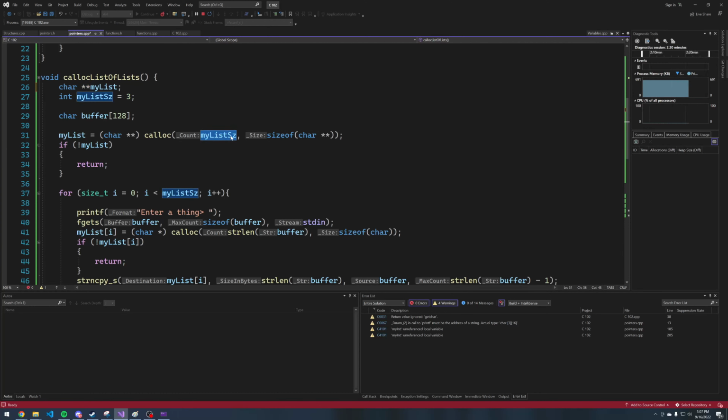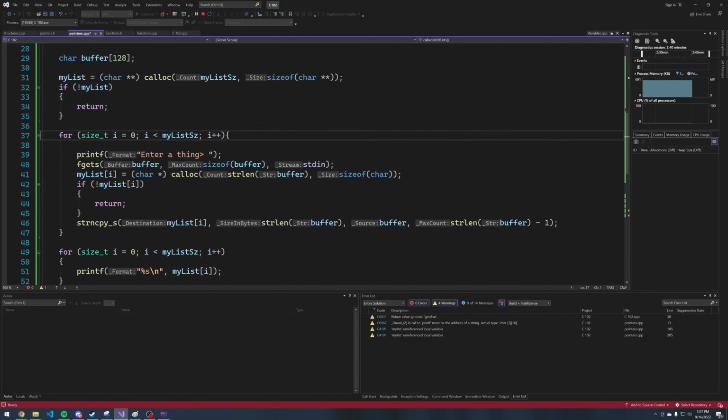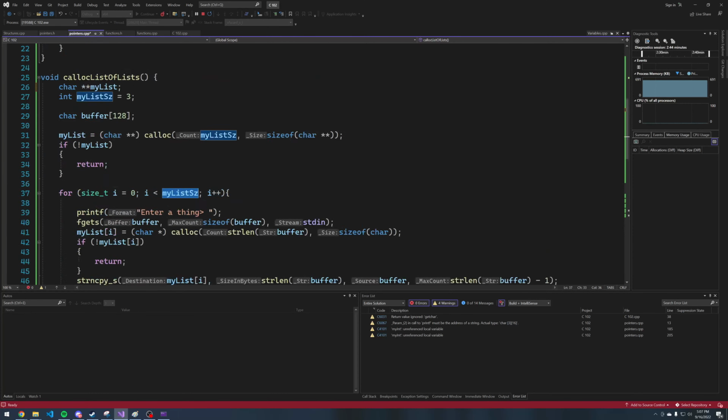So we're going to allocate 3 memory spaces, essentially 3 pointers. We need 3 pieces of data that will be pointers to point to arrays, because we have an array which is a pointer. An array points to more data. So pointer. Do our check, and then in our for loop here, we're going to keep looping for the size